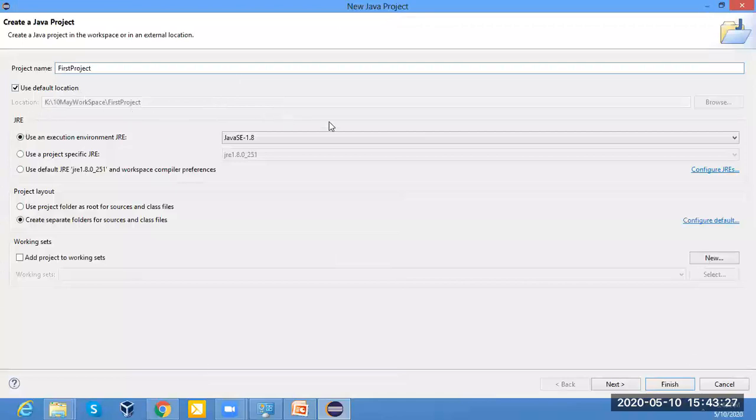Whenever we are creating the project, there are a lot of options like use an external execution environment JRE. So there is the JRE we have selected. Use a project specific JRE, you can also select that from there, but we have to select the first option for the JRE selection. It is a precondition in our system. First of all, we have to install the JRE. In our previous lecture, I told you how we can install the JRE and how we can set up the JRE path in our system. So now click on next.